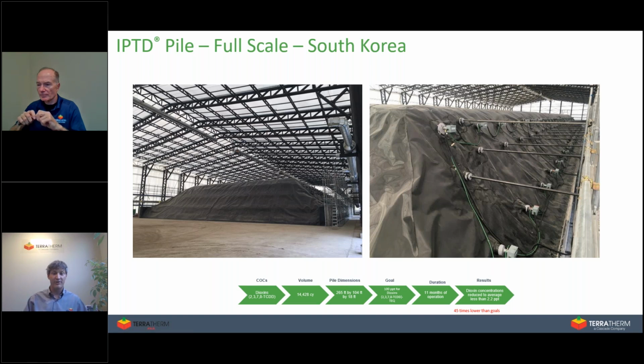This is a site in South Korea. We moved on to full-scale application, and this is a picture of the full scale. So in this case, we were treating 10,500 cubic meters, so close to 14,000 cubic yards in this pile system. And in this particular case, we were looking to treat the dioxin contaminated soil to 100 parts per trillion, and we actually reached a goal 45 times lower than that. So again, it's all about getting the soil up to the target temperature, which also would be the case for the PFAS